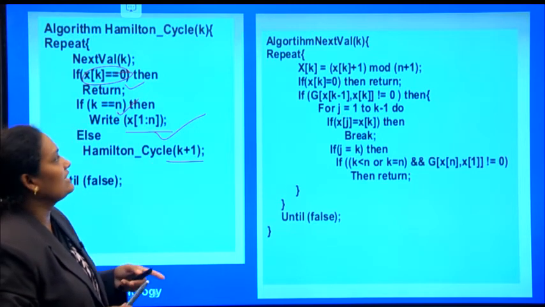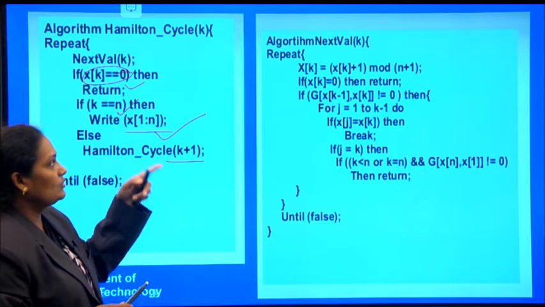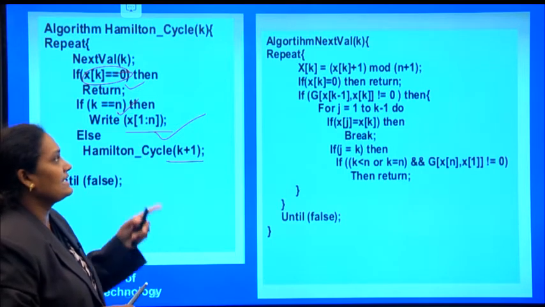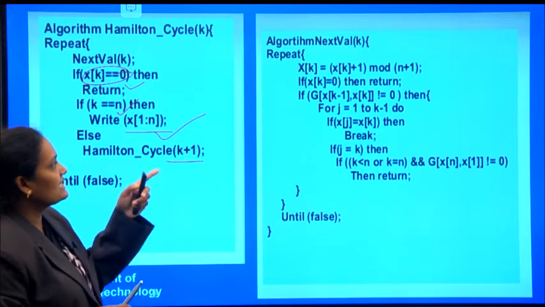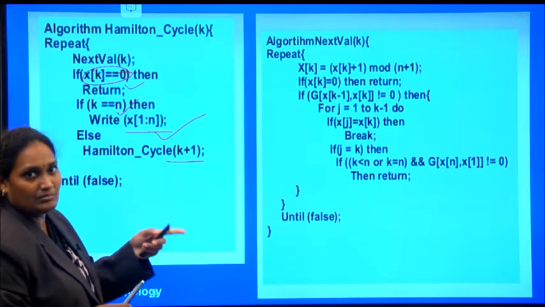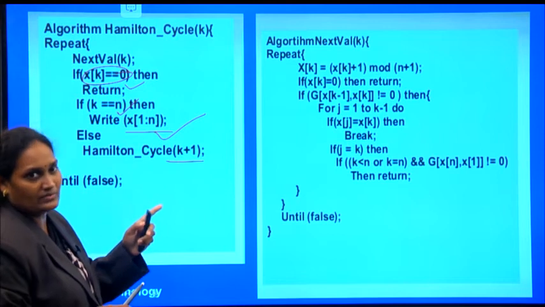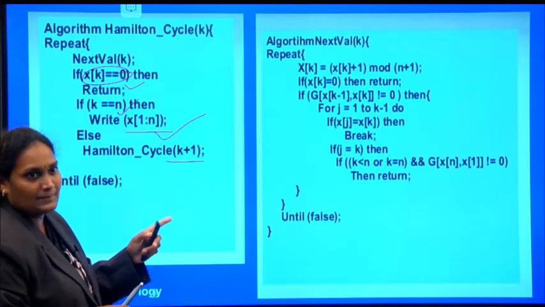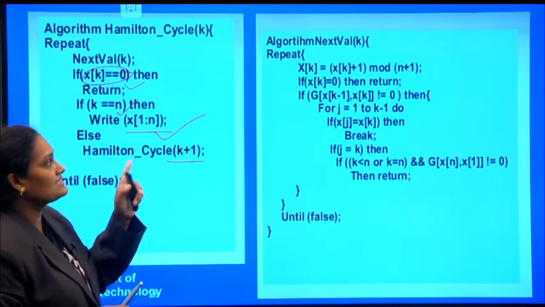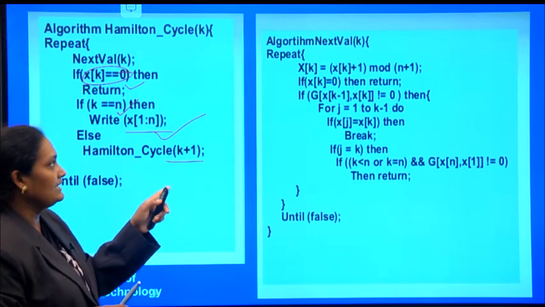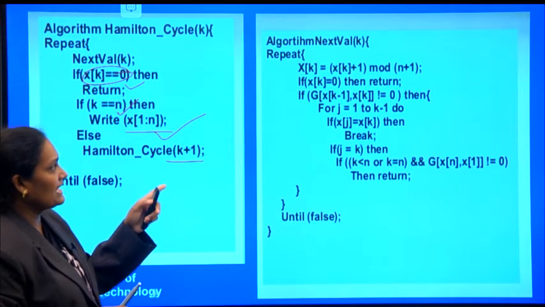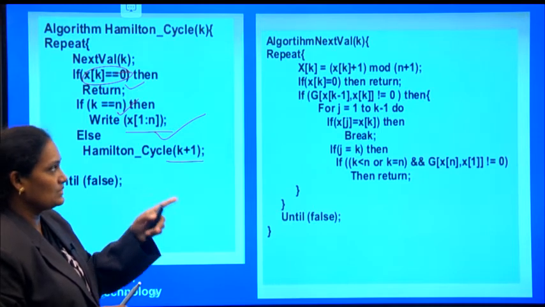Now, what is next value of k? The process that we repeat is x of k is equal to x of k plus 1 mod n plus 1. That is, we are selecting one vertex. We take mod n plus 1 because we are selecting one vertex out of n vertices. If x of k is equal to 0, then we return. If g of x of k minus 1 comma x of k is not equal to 0,